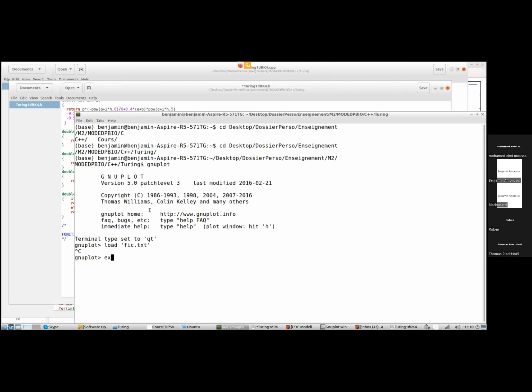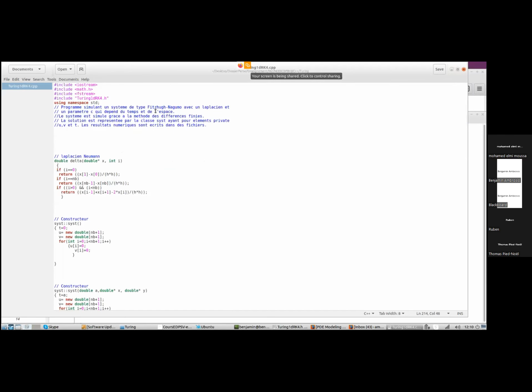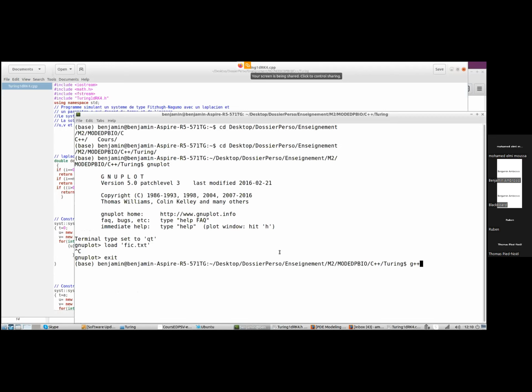So exit. So the C++, I need to save, of course. The C++ program is called